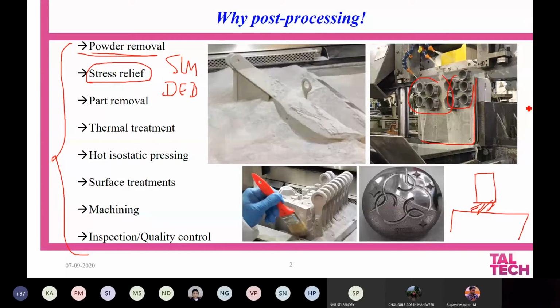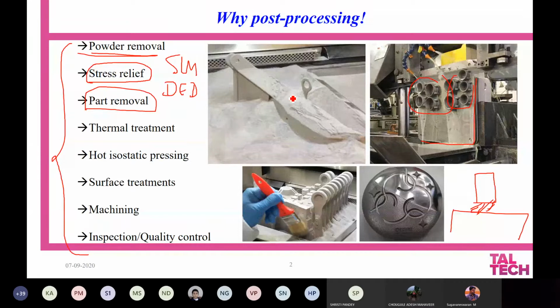You take care that the support has to be chopped off in order to remove the part from the substrate plate. So it is very essential that you remove the part from the substrate plate. And once you remove the part from the substrate plate, of course, part removal is going to take time, and it also needs some kind of external labor with some kind of machines.